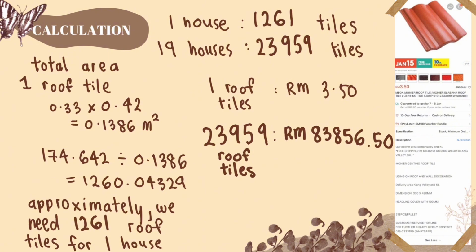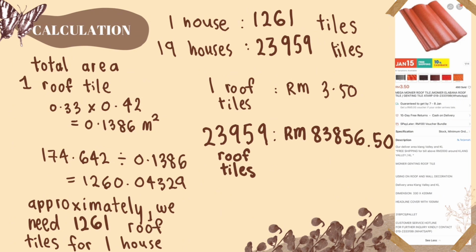The size of one roof tile is 0.33 meters by 0.42 meters. Thus, the area of one tile is 0.1386 square meters. The number of tiles needed for one house is 174.642 divided by 0.1386, which is approximately 1,261 tiles. For 19 houses, the total number of tiles required is 1,261 multiplied by 19, which equals